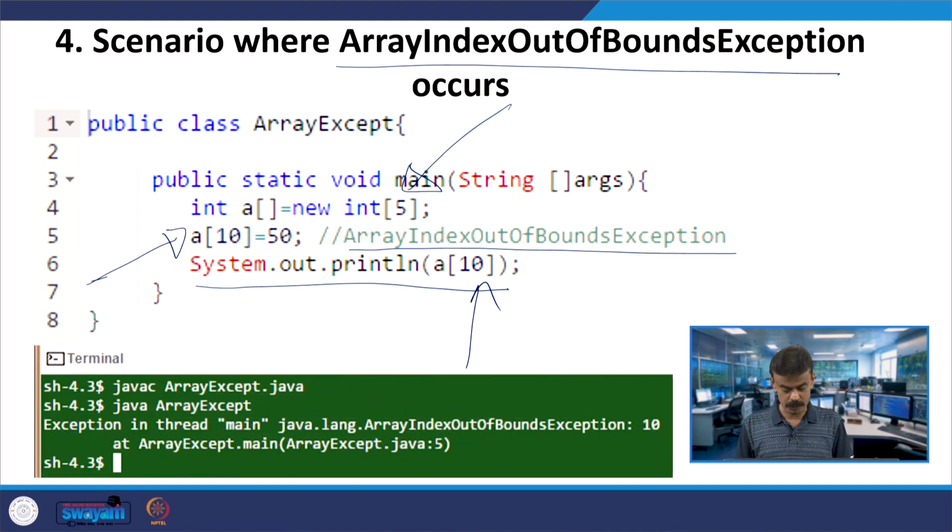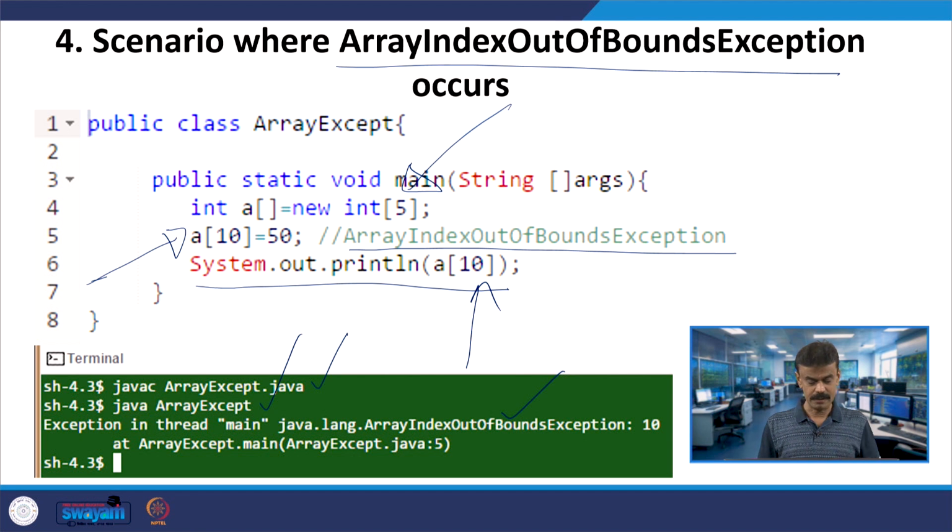So, you can see here array index out of bound when you run the code. The first line is the compilation, second you are running the code, and you are getting the output: array index out of bounds exception. So, you cannot access a[5]; you can access only a[0], a[1], a[2], a[3] and a[4], these 5 elements,